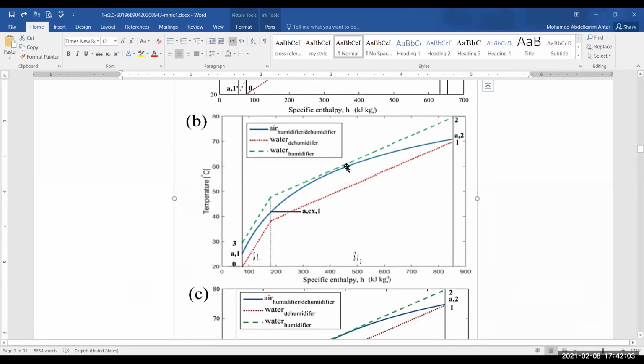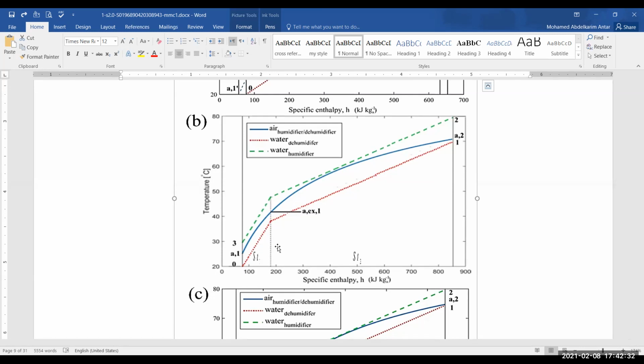So the idea of thermodynamic balancing comes here: instead of making our humidifier a single unit, we're going to make the humidifier two units. Actually, they are not two units, but simply we come at the middle of the humidifier and we make a connection from humidifier to dehumidifier. As if you have broken your humidifier into 2 pieces, your dehumidifier into 2 pieces, and the 2 pieces are